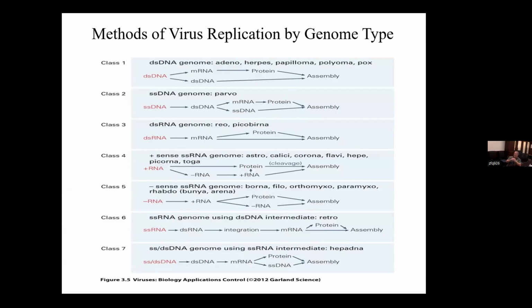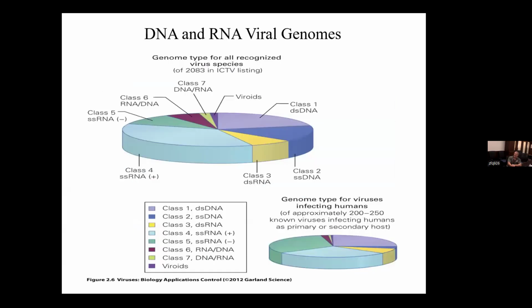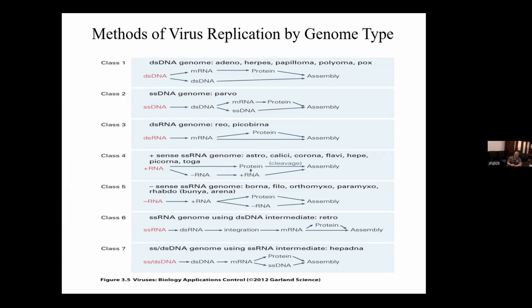And again, we've broken this down. This aligns with the classification system that was used in the previous slide, class 1, 2, 3, 4, 5, 6, 7. The same grouping applies over here. So for example, we look at class 4, the family that comprises the positive sense single-stranded RNA viruses. Again, these are the viruses that are going to infect through the bite of an arthropod, such as a mosquito, for example. Essentially what we see is that, and these are some representative types of this viral class 4 family,